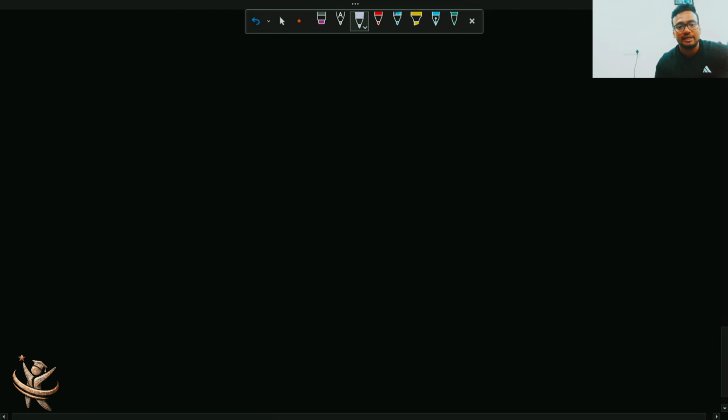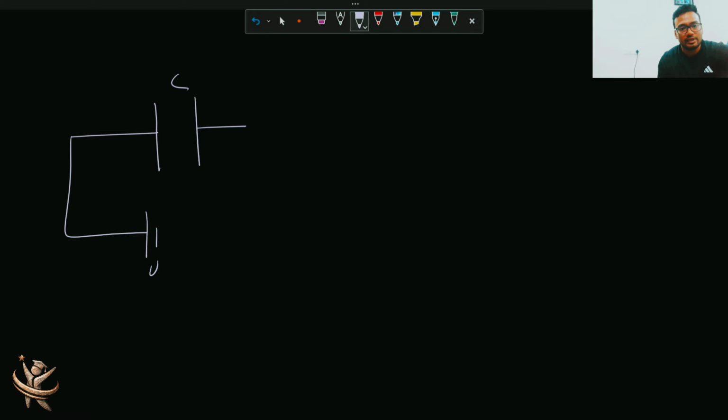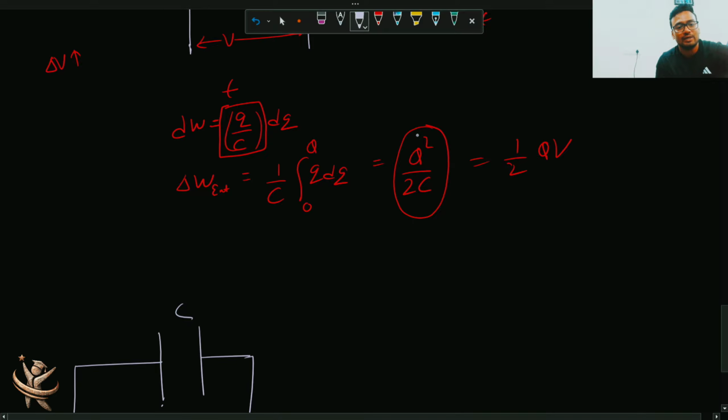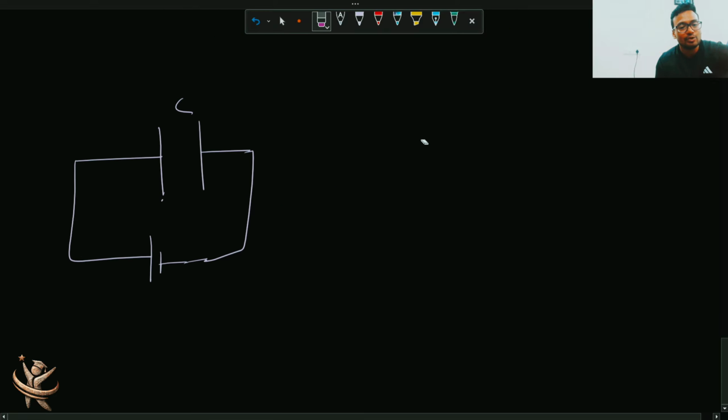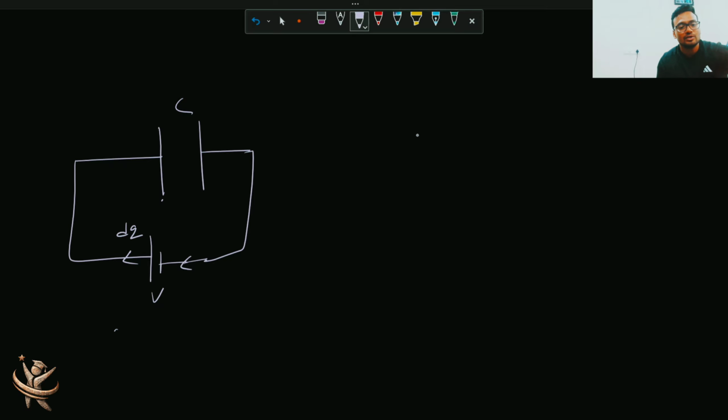If you connect a battery, what is happening? Right from the starting, it will try to give a potential difference, it will try to generate a potential difference V across it. So capacitor के across potential slowly slowly increase होता है, we have seen it above, right, Q by C. But the battery is trying to push the charges, all these charges, right from zero charge up to Q charge, the whole, I mean each and every bit of this charge is getting pushed at